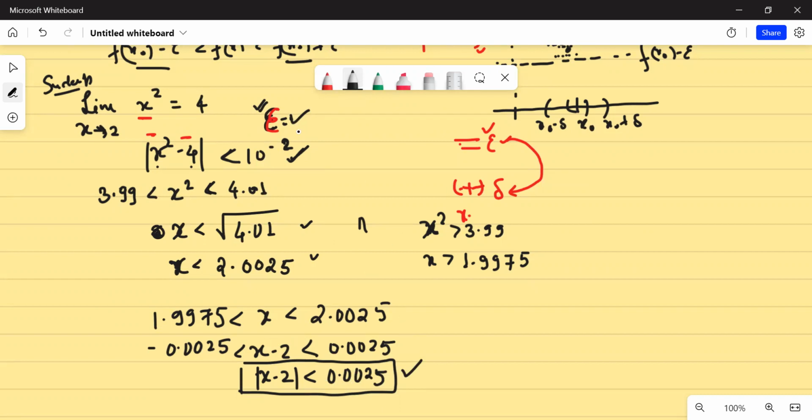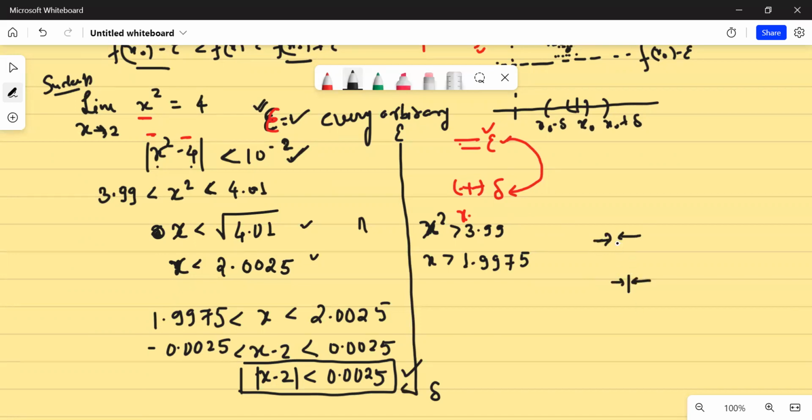And this particular process, if it is true for every arbitrary epsilon, that is, if I'm in a position to give you a delta, what does it imply? It implies that the function is sufficiently close to its limit, provided I'm sufficiently close to the argument where I'm trying to find the limit. So for example, if I'm saying x0, you say that the distance of function and the limit is arbitrary, as close as possible. So I'll say yes, it is as close as possible, provided distance between x and x0 is less than something.